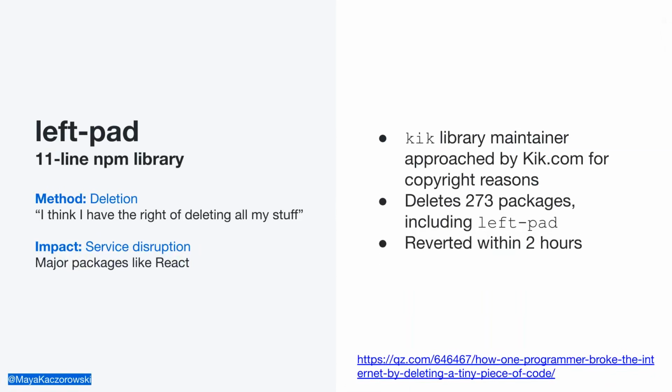On March 22nd, millions of developers experienced the fallout when their packages would no longer run because they were missing a LeftPad library that the same developer had owned and deleted. Most people didn't even know they depended on this library at all. It's a tiny function that you could write yourself, 11 lines of code, to add characters to the beginning of a string, but so many other packages depended on it. And 2 hours later, NPM made the controversial decision to republish the deleted package.